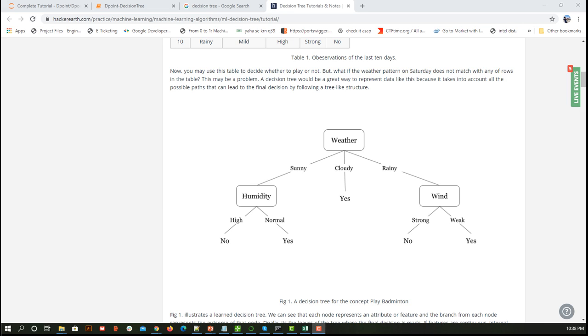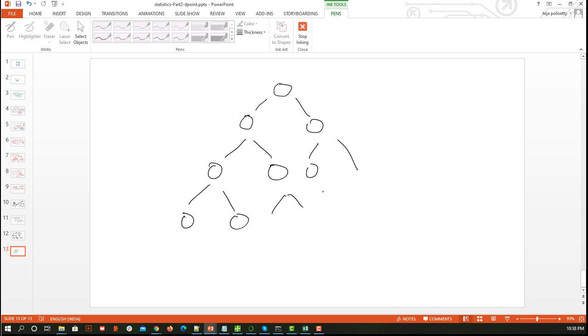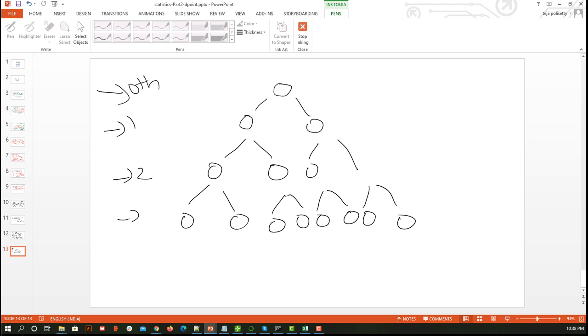Before understanding how an algorithm decides which attribute to consider first and which on the next level, we are going to see the different parts of a decision tree. So this is our one node, this is our next node, I can say second level, this is third level, this I can say fourth, like this. Now some people call this the 0th level, so based on that this is first, this is second, this is third. That is just a naming convention. We can go either way. The only thing is we need to understand what it is.